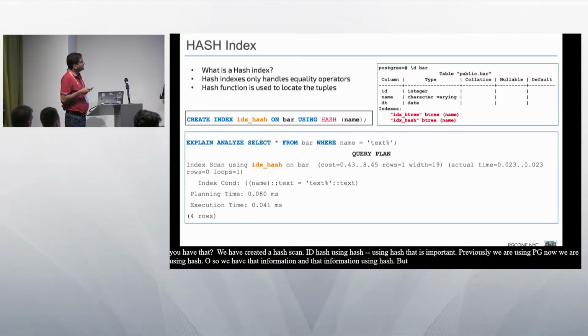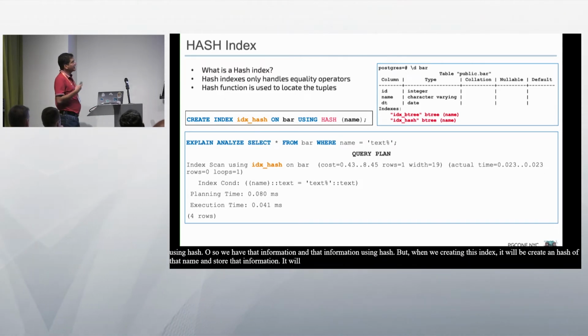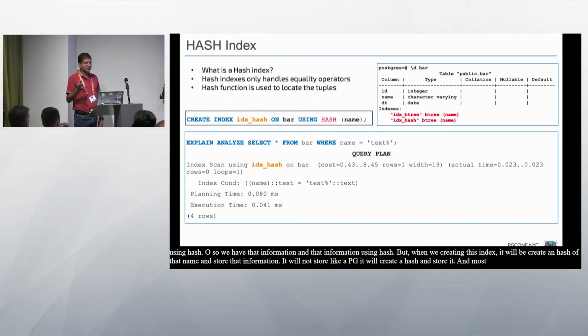But when we create this index, it will create a hash of that name and store that information. It will not store like a B tree. It will create a hash and store that. And most importantly, it's just for the equality operator. If you use greater than equal to, it won't use it because